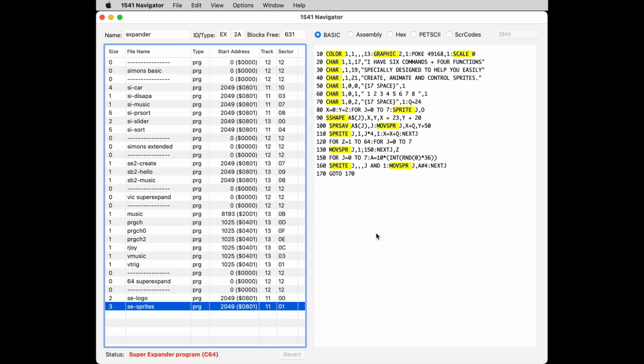Now, if you think that having these keywords on is causing any problems with any other part of the program, you can toggle them on and off in the options menu here. So far, though, I've not found any collision of the keywords between normal BASIC, Simon's Basic, and the Super Expander stuff. Moving on, automatically recognizing extended BASIC programs leads us to the next improvement in Navigator, which is